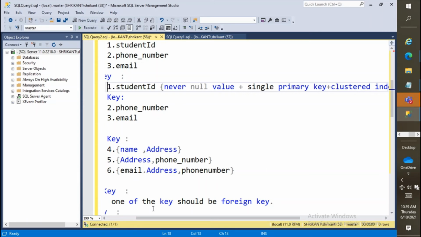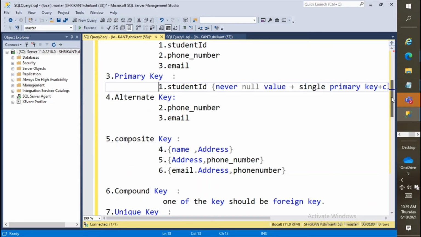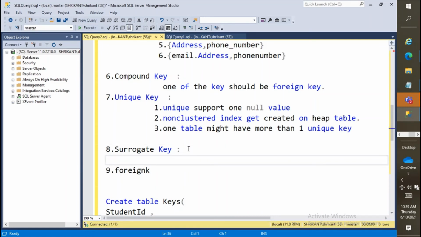Great. Next we'll move to the surrogate key. Sometimes we'll have a table, but there would not be any uniqueness in the table, right? Let's say someone is giving you raw data like name, age, name, age, but every row should have uniqueness, and for those cases we need to add some identity column or auto increment value. That is something created based on a need, based on a requirement, right? So that's what we call a surrogate key.